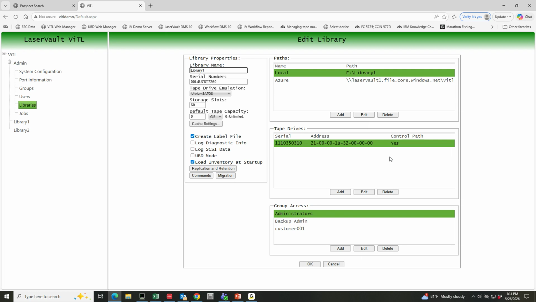Those speeds, typically entry level speed is 16 gig. You can go 32 gig or 64 gig fiber channel connectivity from the VTL server to the IBM